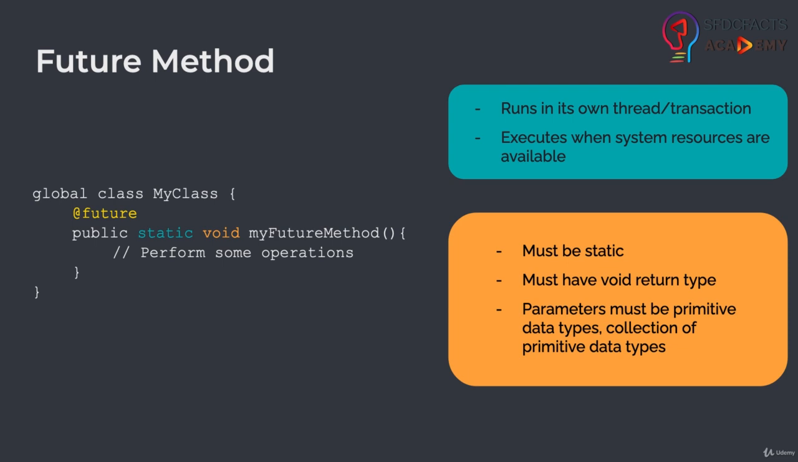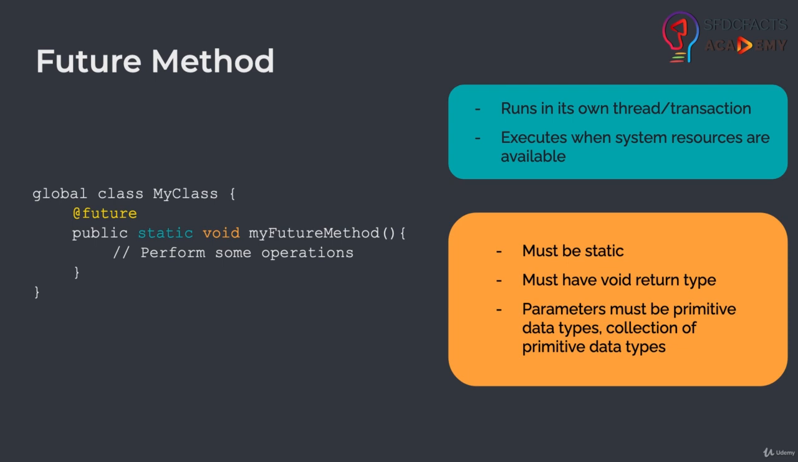The primitive data types include your normal data types like ID, integer, long, string, and so on, whereas non-primitive data types include sObject, or your custom and standard objects in Salesforce, or even your class object types as well. So you cannot use these non-primitive data types while you call your feature methods. Now let's go back to our Salesforce org and we will see a quick example of how you can run